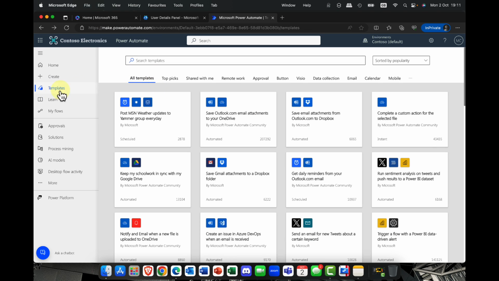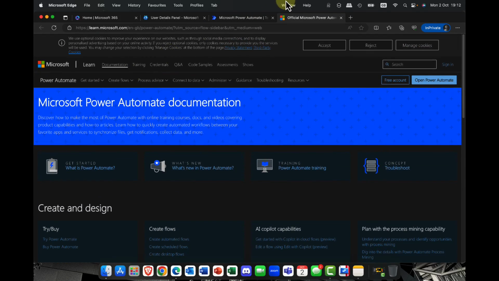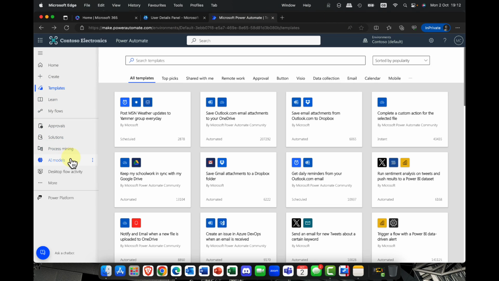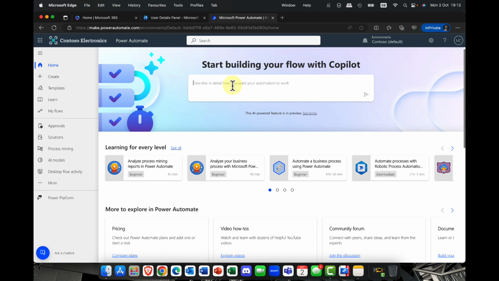How cool is that? Now, as I mentioned, there are tons of learning tools. So this is where you'll find all the Power Automate documentation on learn.microsoft.com. And you can even go further. You can create approvals, you can create full workflows, process mining. You can even create your own AI model. They're absolutely awesome. And if you're using Power Automate for the desktop, again, there's a whole bunch of things there as well. So definitely, and the fact that it's incorporated with Copilot absolutely rocks. There you go, Power Automate.